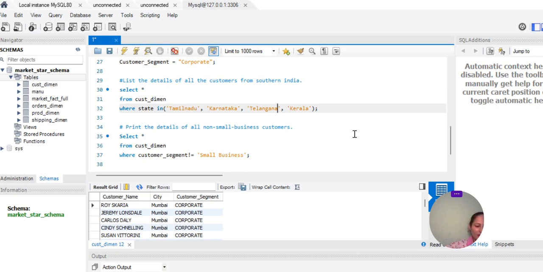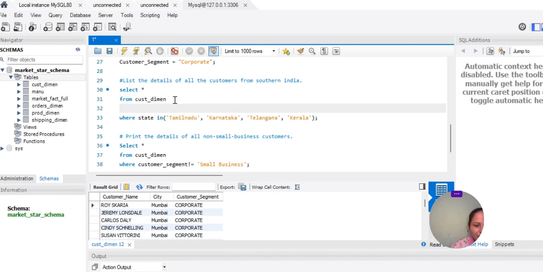Select star from cus dimension where state is equal to Tamil Nadu or Karnataka or Kerala or Telangana, and semicolon.